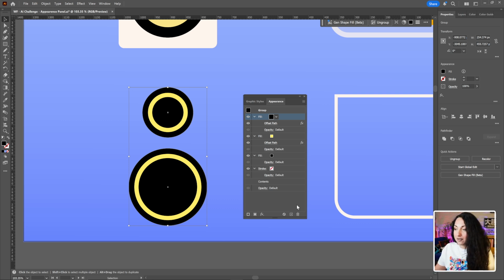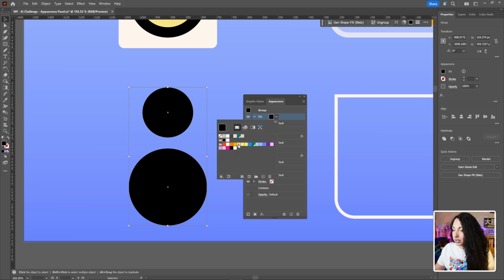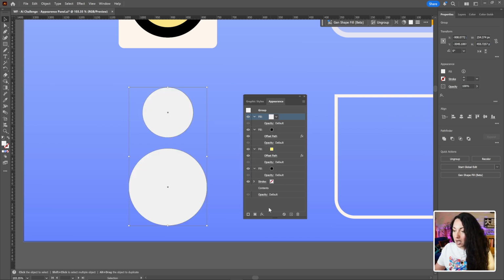But in this case, if I want to create one from scratch, the way to go would be just to add a new fill. It gets added on top. I'm going to change the color here. I'm going to give it this off-white color, but then I'm going to move it to the back, or actually I'm going to leave it there and I'll move it to the back afterwards, because remember,